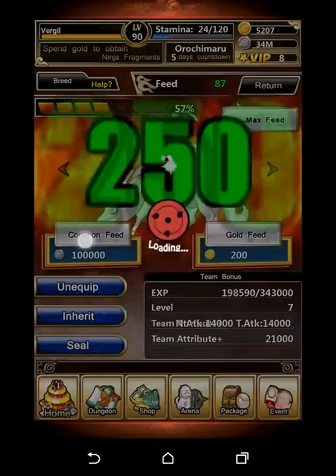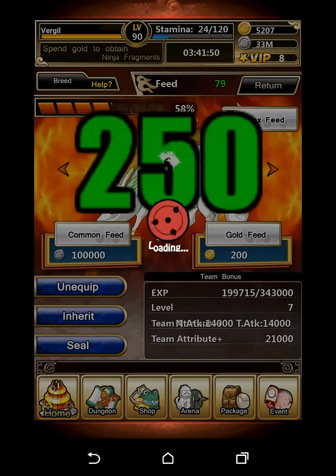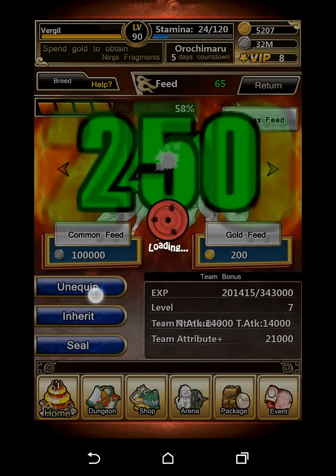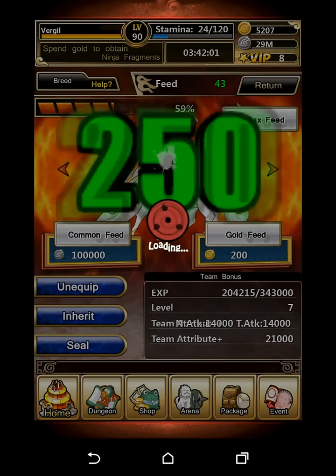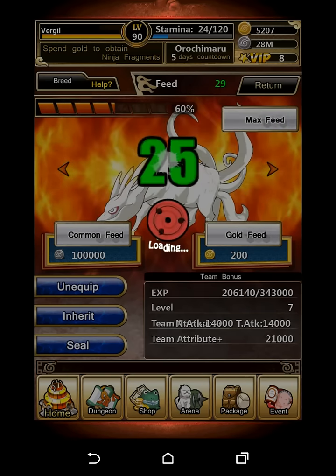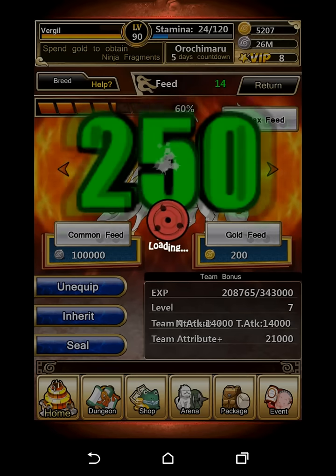250 isn't registered as a feed. Now if I do max feed, it's going to register 250 feet even regardless, so that's kind of why I don't want to do that. I mean, it doesn't really bother me because it doesn't affect my gold or silver that much, but I want to get the most out of my chances for feed as I possibly can, and as you can see, 250